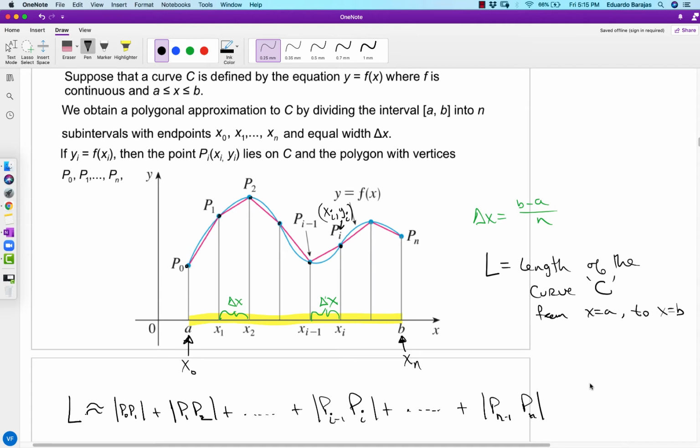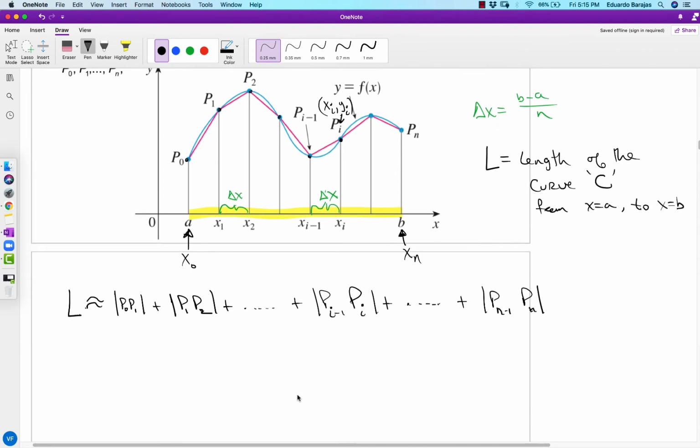Okay, so that's a pretty good approximation. And we know that we can use Riemann sum notation to simplify that a little bit. So we'll say that L is approximately equal to the Riemann sum as i goes from 1 to n of the distance from p sub i minus 1 to p sub i, and confirming that when i equals 1, we get that first one right there, p sub 0, and then